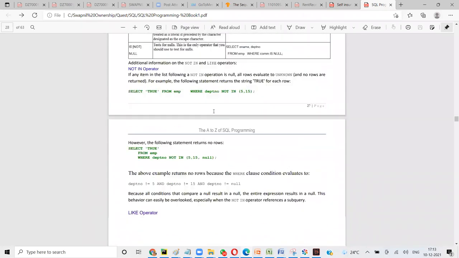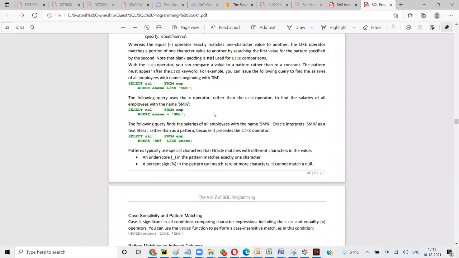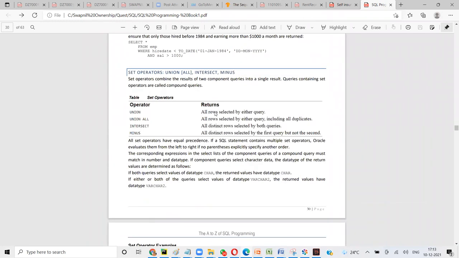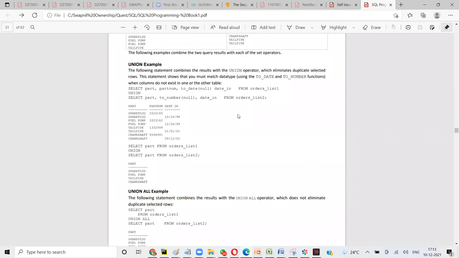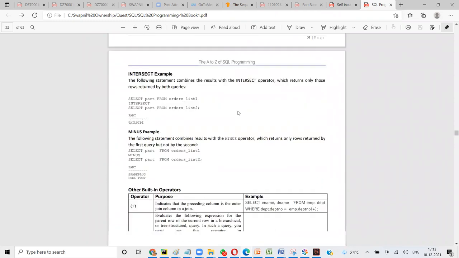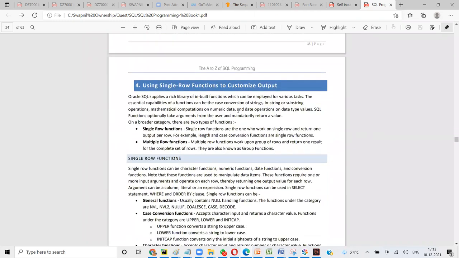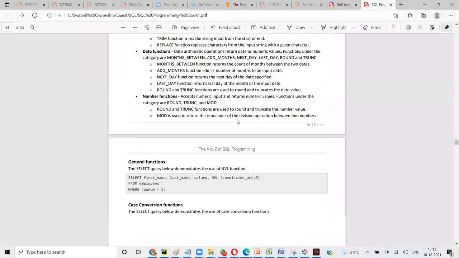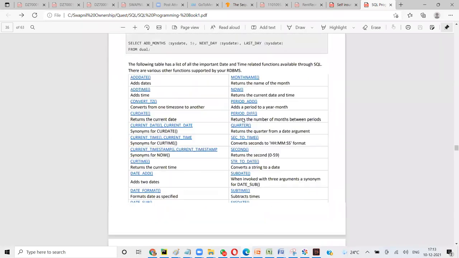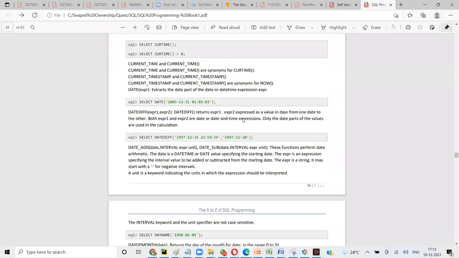Do you guys have this document with you? No, sir. I told you to install that app. It will be there in the app. I'll share the link with Priyanka and she'll share with you all. Yes, in the app, if you go under technical, we have SQL, and under that we have this book. So it's kept there chapter wise. You can try that.